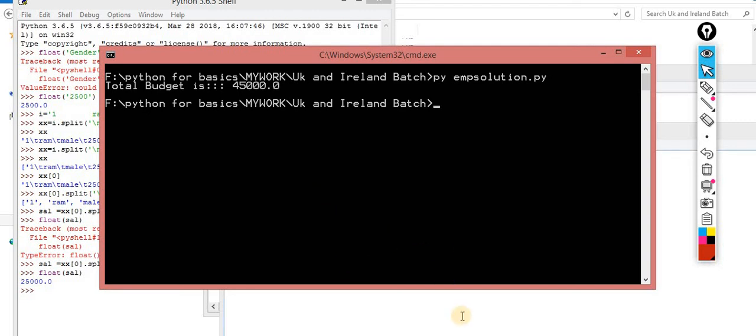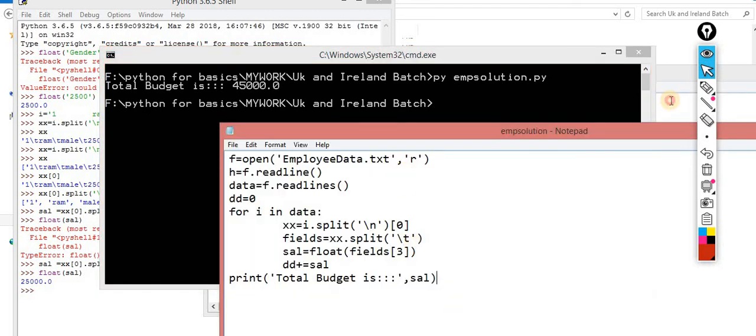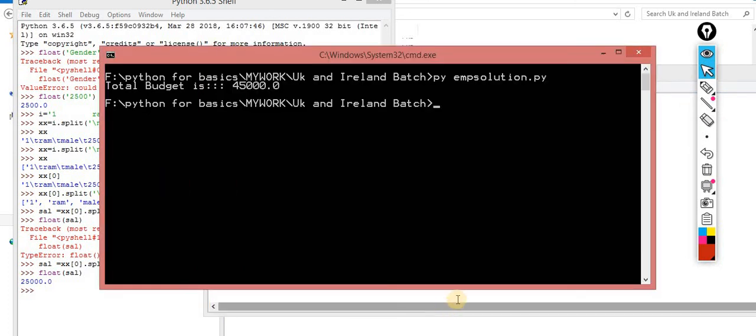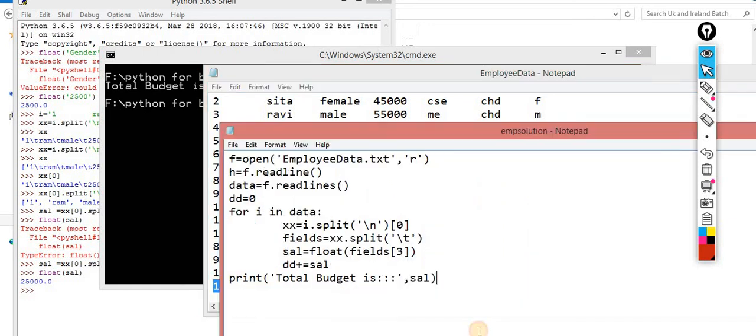Is it okay? Let me cross check it. No, there is some mistake inside the code. Sorry, here not salary, here the DD, because I am doing the same concept: DD is equal to DD plus salary.